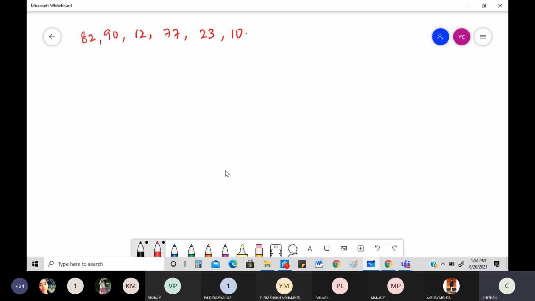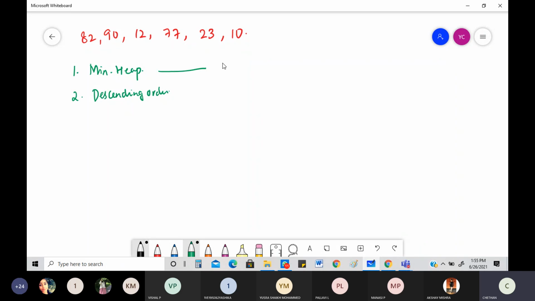Only a few items they have given. They're not saying anything, but we'll do it, or else they themselves may be asking it. I want you to create a minimum heap, they're saying. If it is a minimum heap, automatically my mindset says that I will be writing descending order, because for a maximum heap you wrote ascending, so a minimum heap will be descending only. So I need to create a minimum heap.